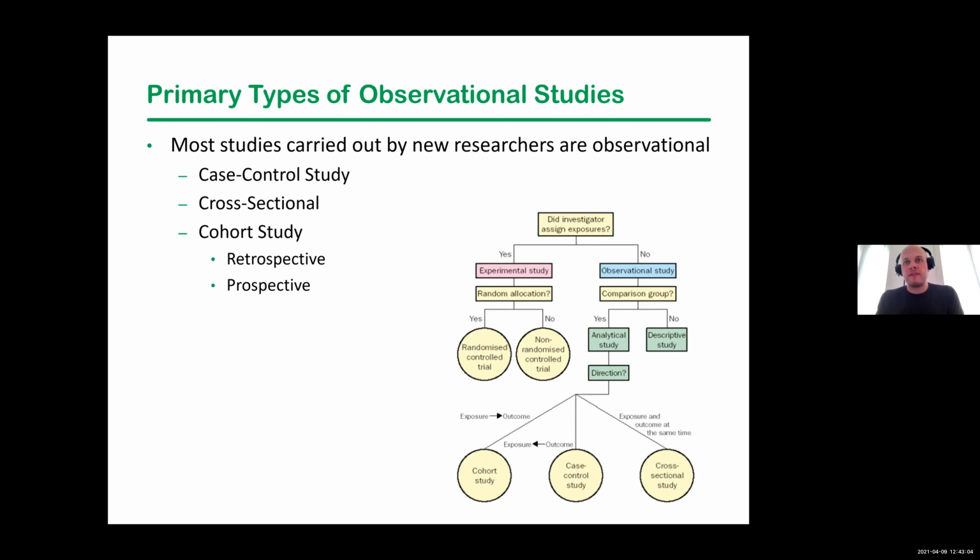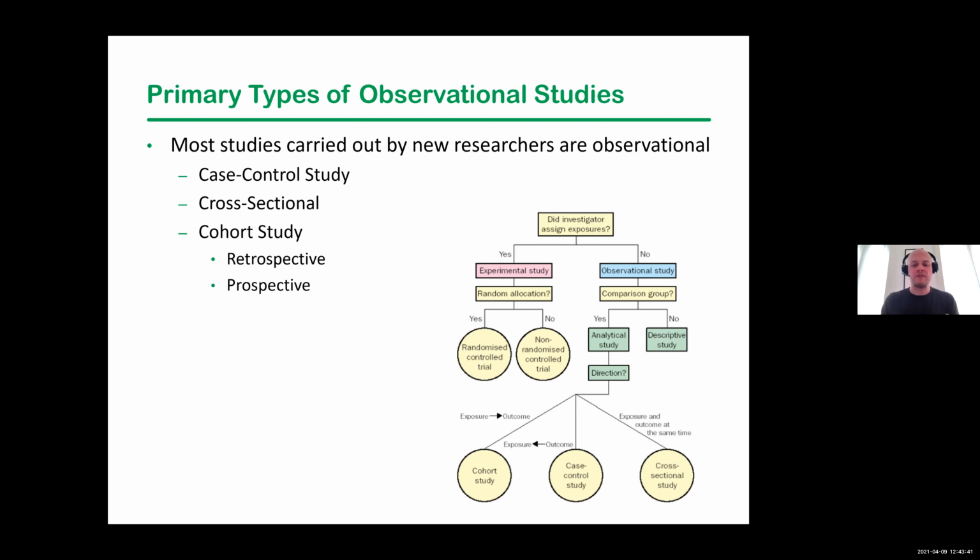So I have this figure here that I think is pretty handy. On the left side is an experimental study, right? So did you randomly allocate the intervention? If it's yes, it's a randomized controlled trial. If you do not randomly allocate the intervention, but you did in fact create the intervention, it's a non-randomized study. So you created the intervention, but you didn't randomize. And I've had studies where that's happened. That's more rare. And in fact, they can be pretty problematic because analytically, they look like observational studies. So they require a lot more adjustment for confounding and bias than an RCT.